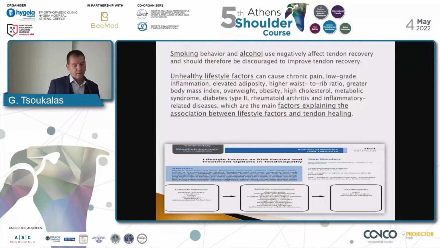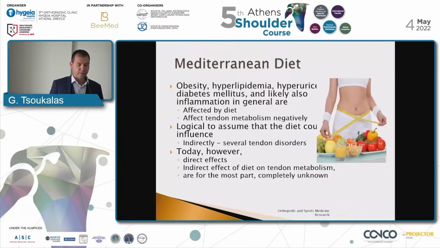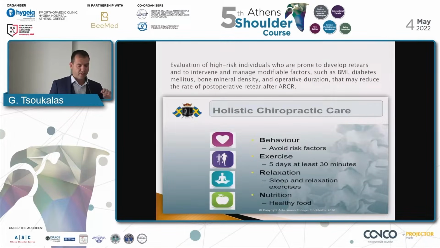And when we are going to start rehabilitation, how he will fight with that, and we have to support him, because if he stays at Easter time in the house where he had the surgery, and he starts drinking every day a bottle of wine, and he starts smoking a packet of cigarettes, it could have some effects on rehabilitation, because we know that there is a strong association between unhealthy lifestyle factors and tendon healing after surgery. Feet, fork, fingers, sleep, stress, and love. We can explain all that concept.